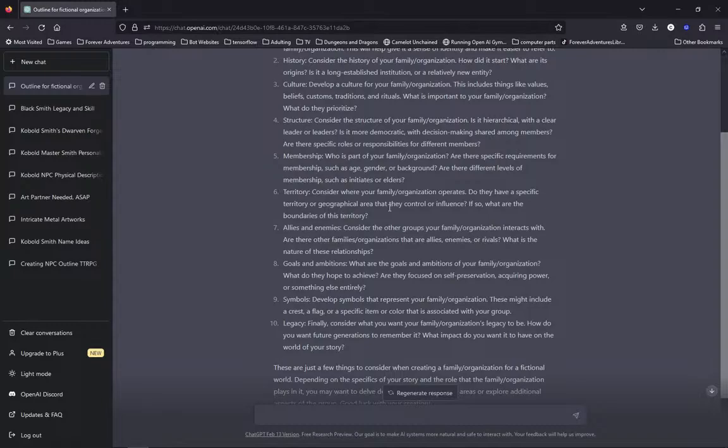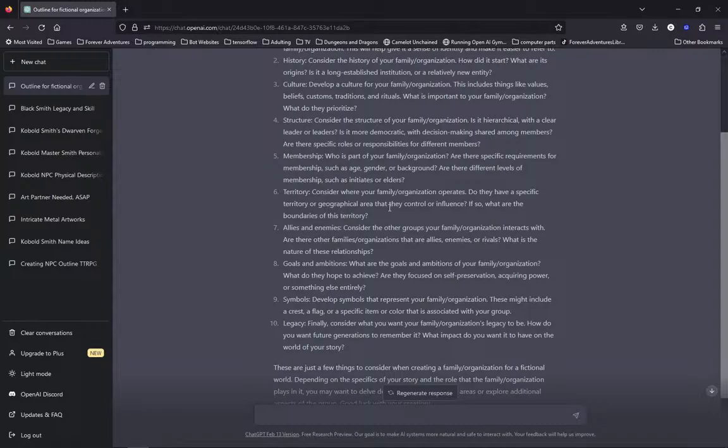Sometimes it's even an extremely complex symbolic language that is used to convey information in a hidden way. So anything like that, if it's just something as simple as a family crest, that's really interesting to put in there.